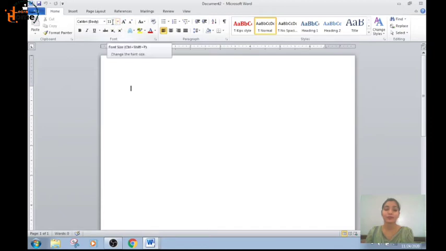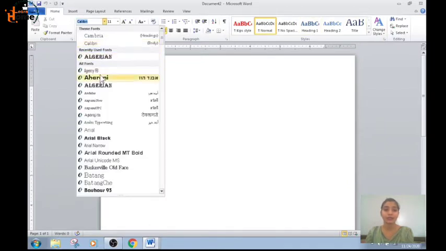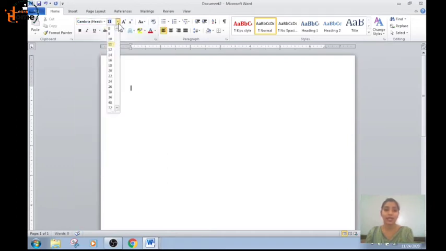First of all, just see in the ribbon the Home tab, and these are all the commands of the Home tab. This is the font style. You can choose any font style, okay? We have chosen Cambria, okay? And I will increase the font size. Let's increase it to 28 so that all can see. Okay, so we will start typing here, okay?